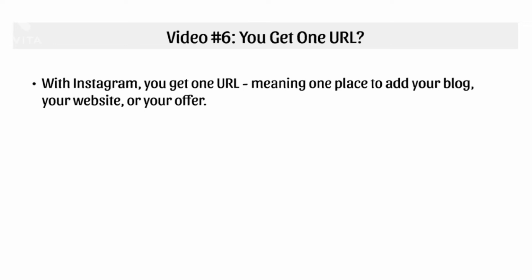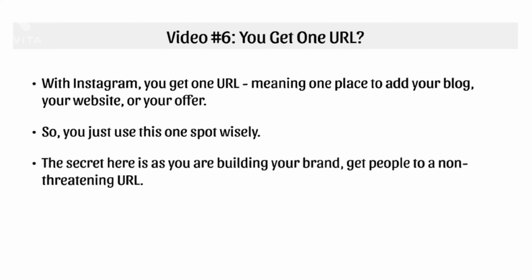So in this particular video, I'm going to talk briefly about the concepts, the fundamentals, and then I'm going to go to Instagram.com and I'll show you what we're looking at. All right, so with Instagram, like I said, you got to choose one spot wisely, right? Now, the secret here is because you're trying to build your brand and your lifestyle, the ideal place to direct them to is just your website, which could be your WordPress site. And then on your WordPress site, you have your blog, your website, and your offers all on that particular site.